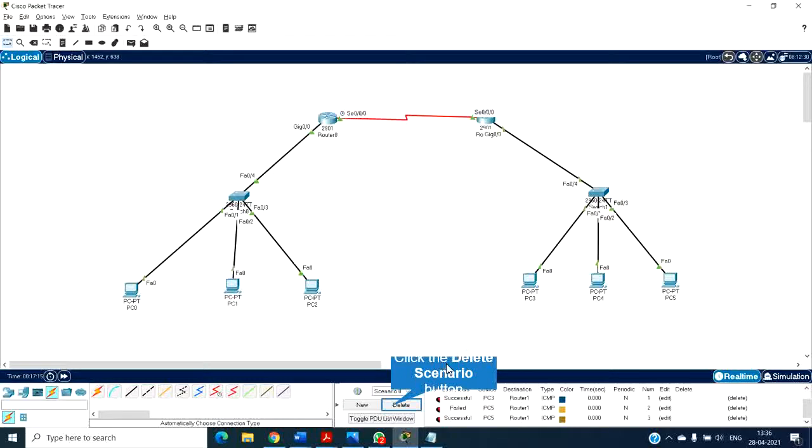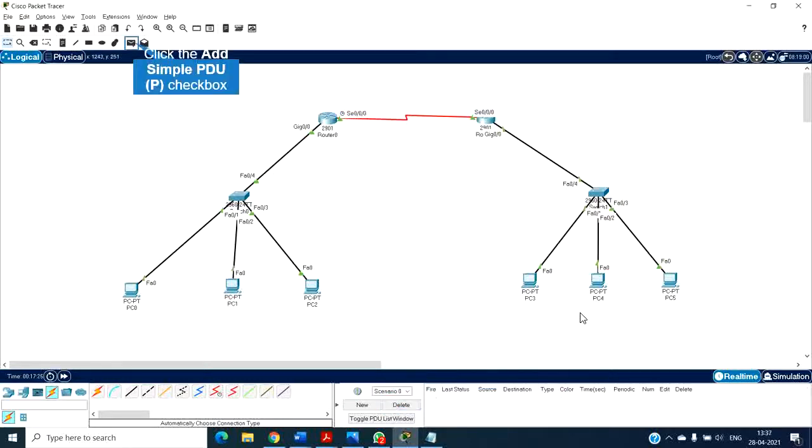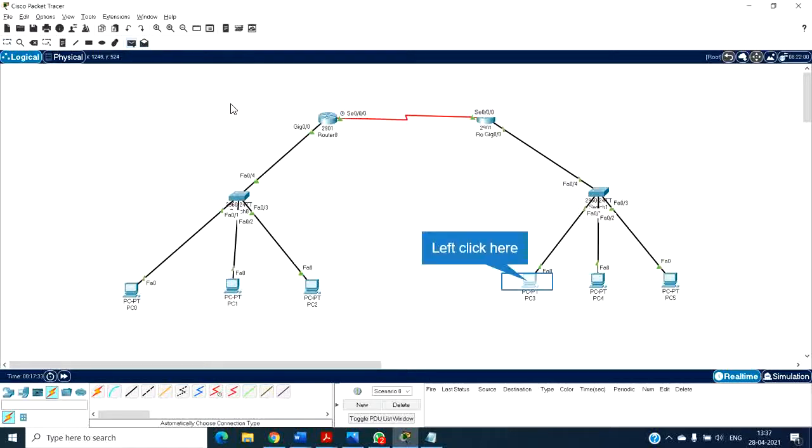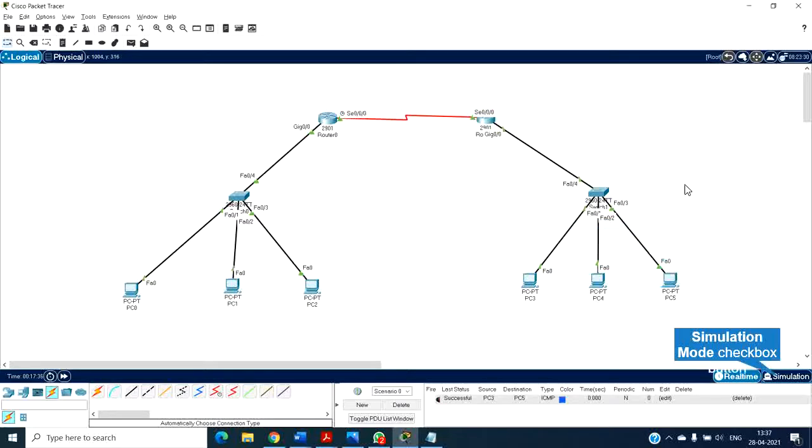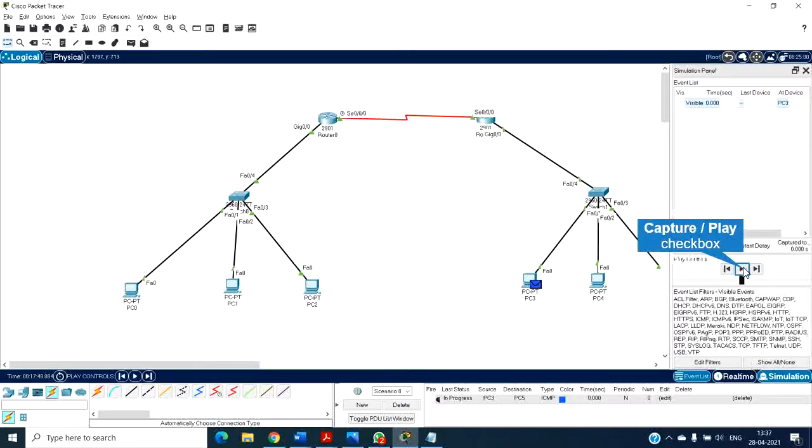So if I have to send a packet from PC3 to PC5, what happens ideally is it has to pass through a router, find out to which subnet it should actually traverse, and then it should come down to PC5. So let's check that. PC3 to PC5, dropping a packet, and it is successful. I'll show it in simulation format to see how it went.